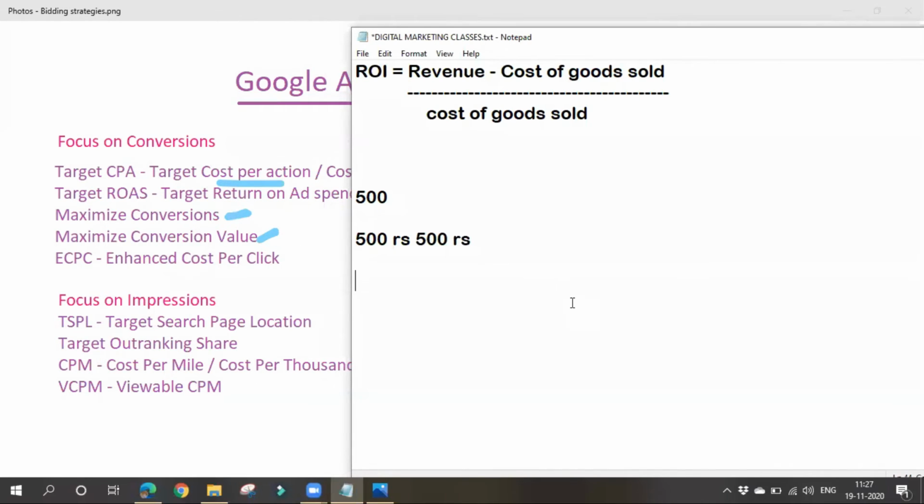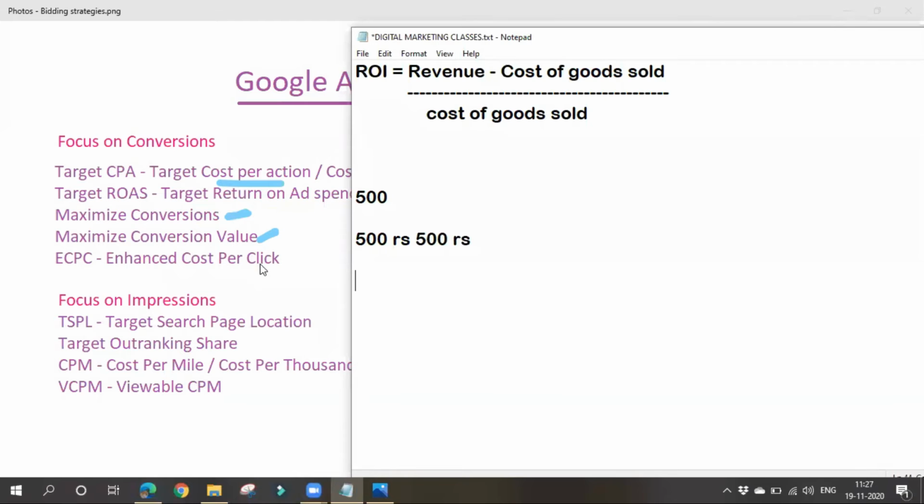If you specify a particular value, Google will try to maximize that only, but in case of conversions, it will try to get more conversions done. Means it will reach more people in order to make more conversions, like more filling of forms, more sign-ups, more purchasing of products. But in case of conversion value, it will try to increase the conversion value for the thing you specify.